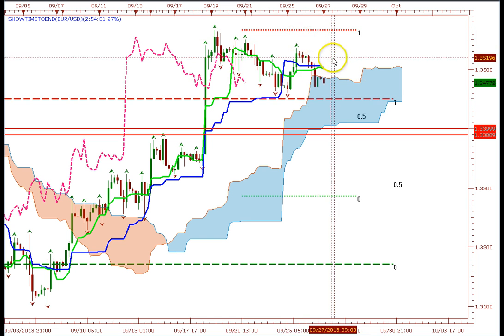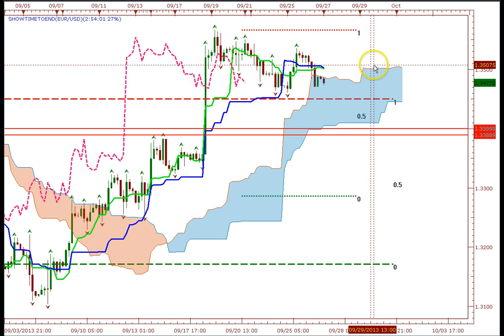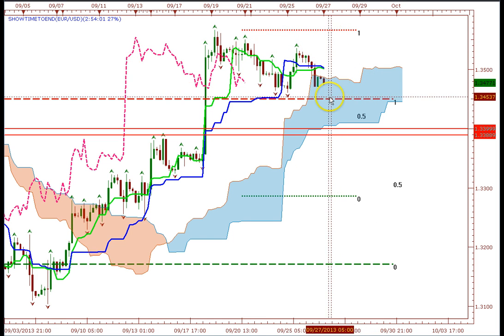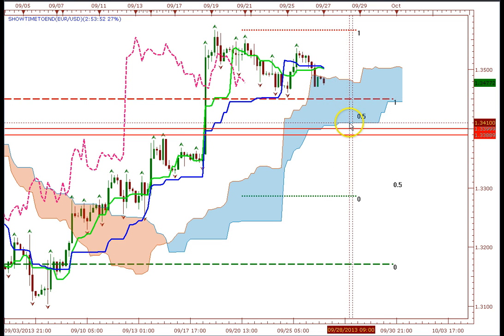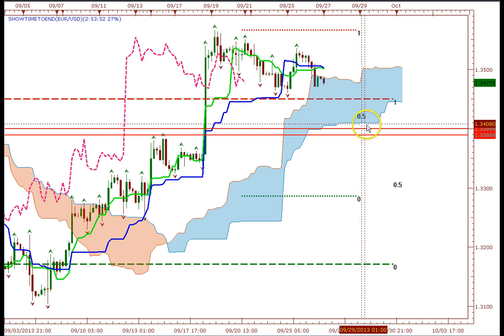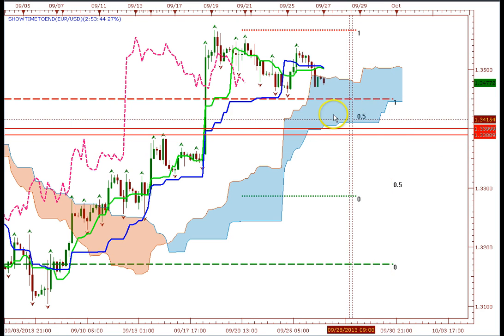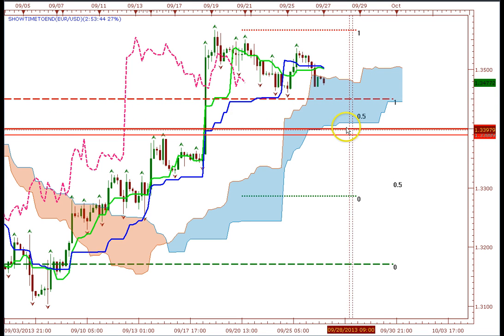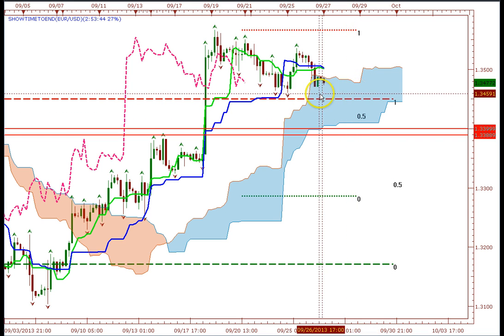So you'll be in that range. You'll be trading the range. Now we want to get outside of that range. We're going to look for the levels to be broken in this level. Once we break this previous month high, then look for us to probably, more than likely, break the bottom of this Kumo here, and then look for the retrace, and then maybe enter again. You can enter on the retrace. Like I said, aggressive traders can take the break right away, put your stop loss a little above that level,